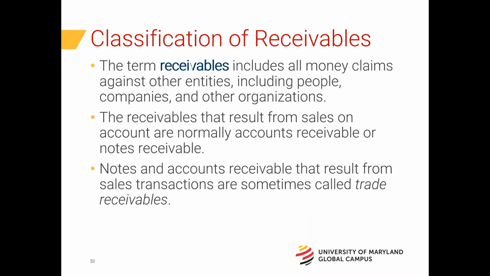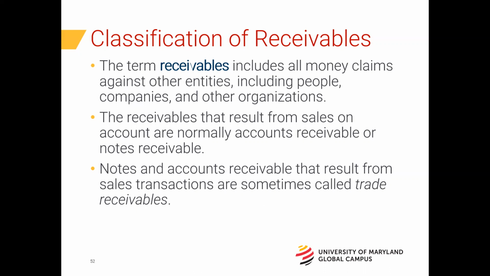Receivables is a claim against another entity. There are a couple different types of receivables. You have accounts receivable, which, as you know, are generated from sales that you have made to customers on account. The term on account is a promise that the customer will pay you at some point in the future for the purchase of goods or services. Sometimes those are called trade receivables. It depends on the type of business, right?